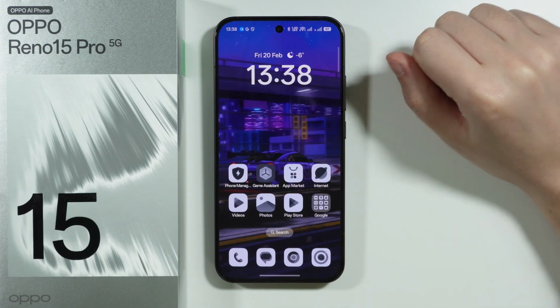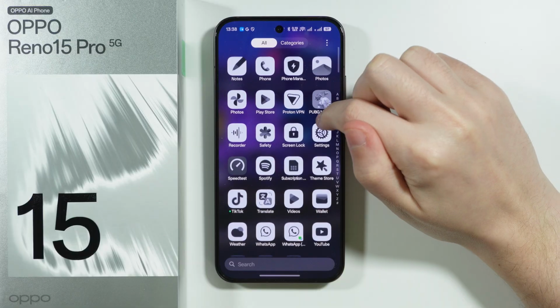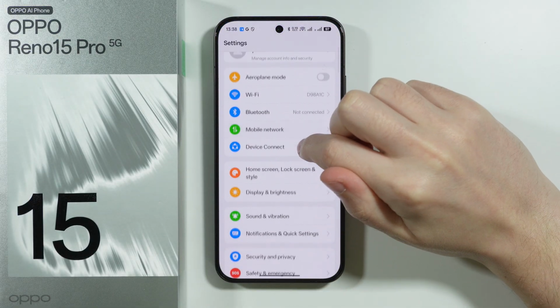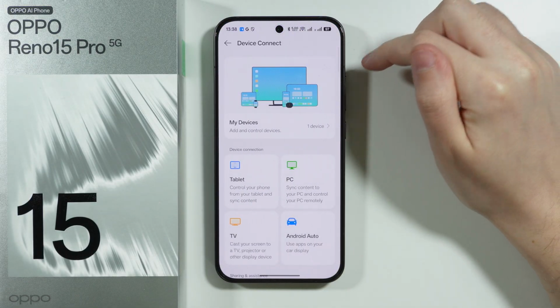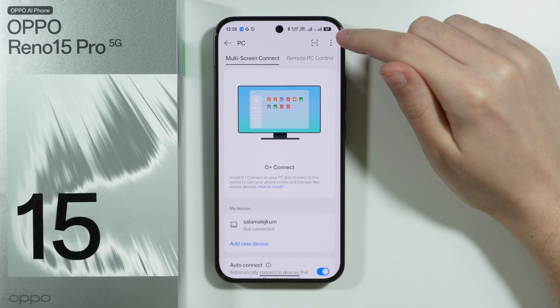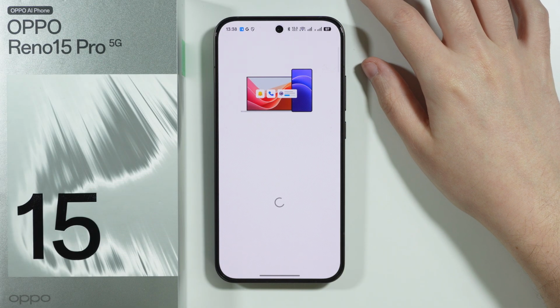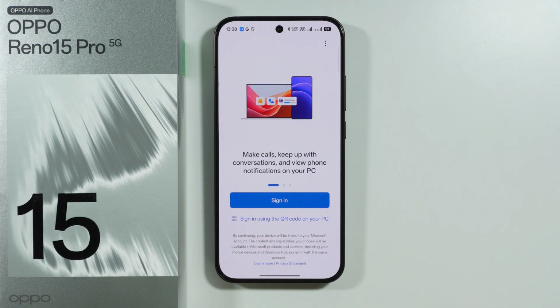If you want to use the Link to Windows on OPPO Reno 15 Pro, first of all we need to go to Settings. Now over here in Settings, go to Device Connect, and after that we're gonna tap on PC in here. Now in the upper right corner we can tap on these three dots and you can find Connect to Windows. Now we can of course sign in by choosing our Microsoft account, the same one that we use